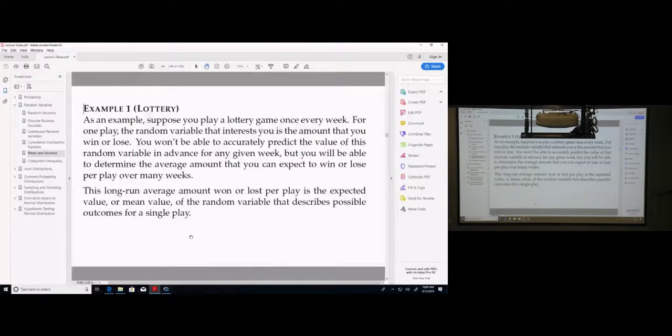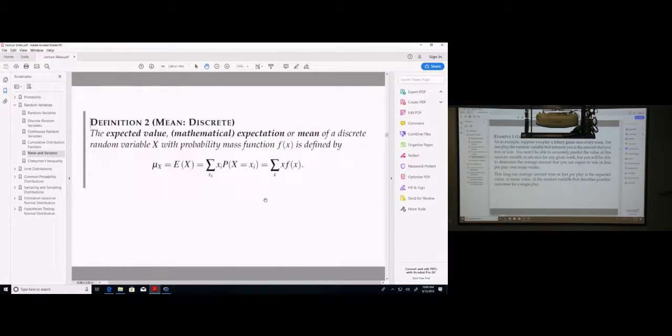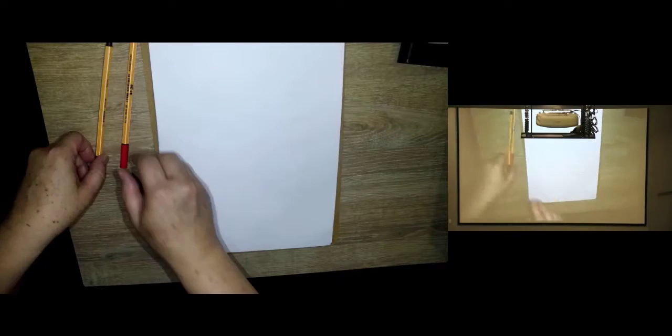So the long run average amount won or lost per play is the expected value, or the mean value of the random variable that describes possible outcomes for a single play. So this is where the definition is. So here I have the definition, but let me come back to explain this in a form that is similar to rolling the die. So